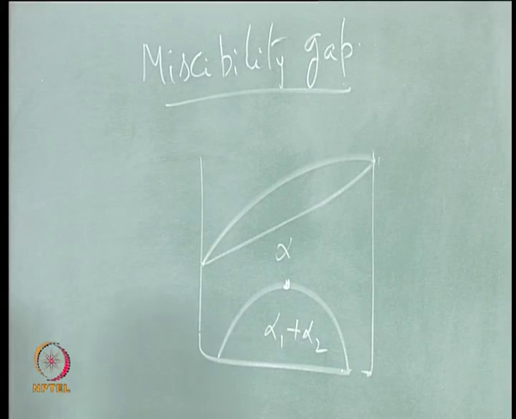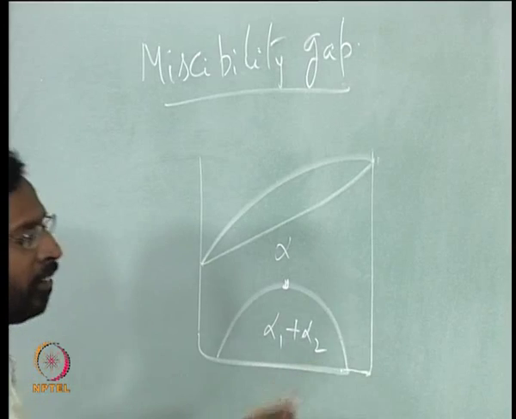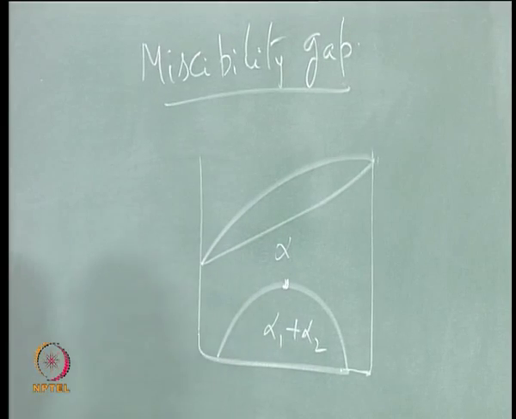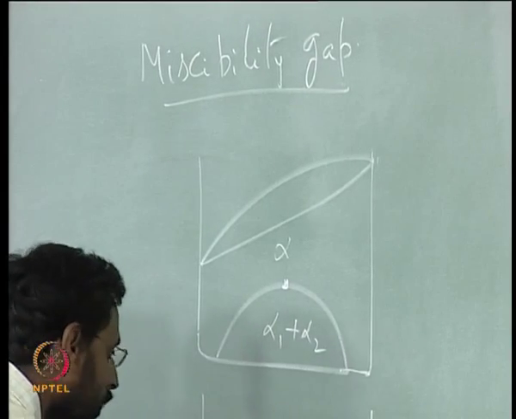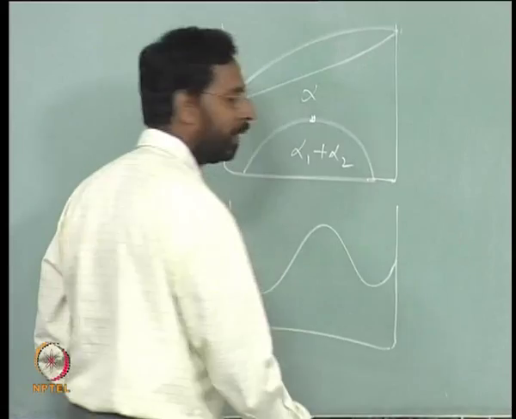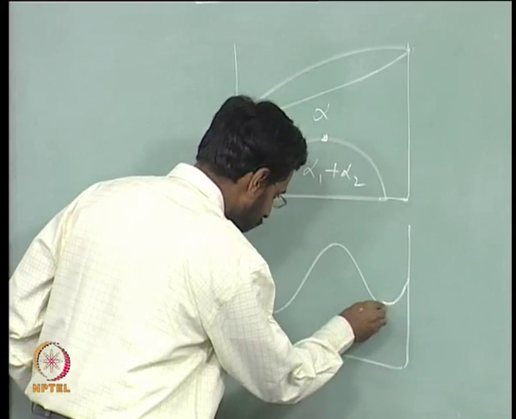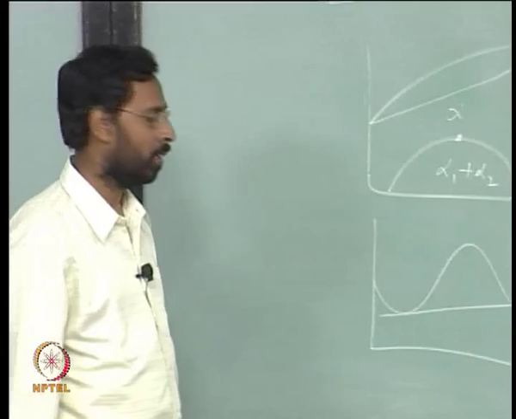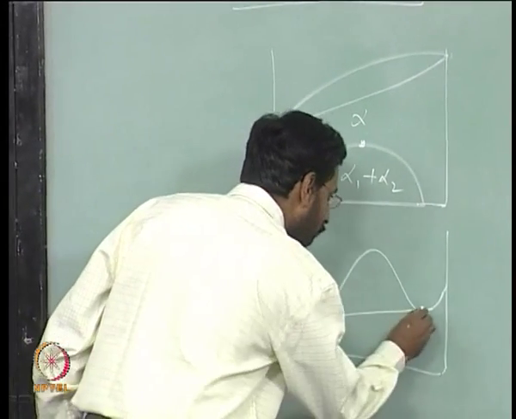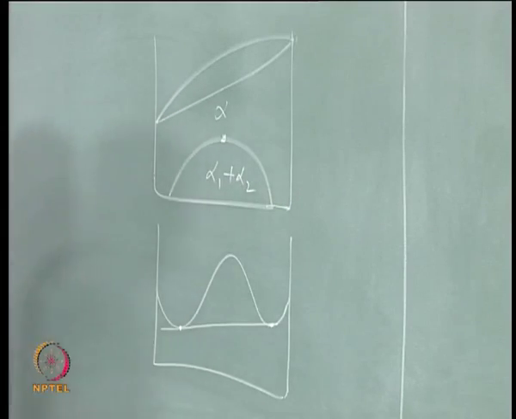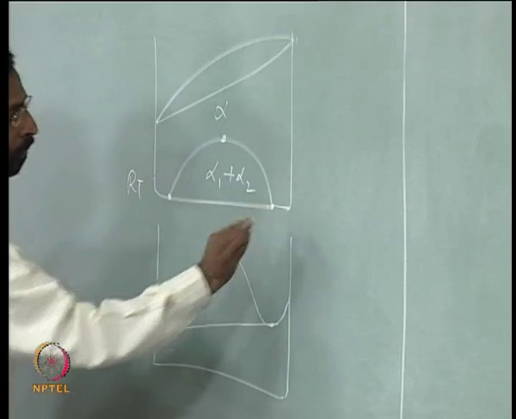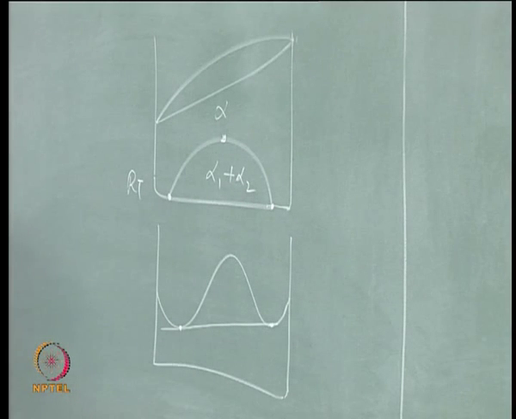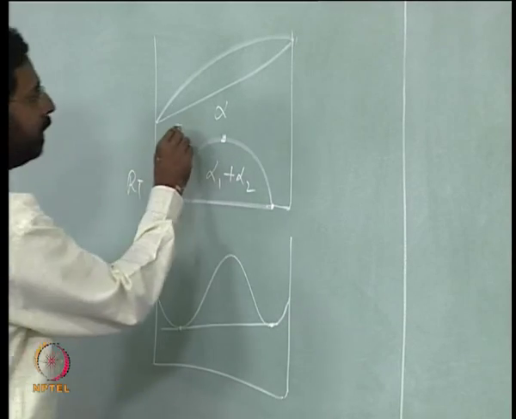If you look at the free energy composition diagram at any temperature within the miscibility gap, we know that the free energy composition diagram looks like this, something like this, and we can talk of a common tangent, and these 2 points are what we call binodals. If this is done at room temperature, these 2 points basically correspond to these 2 points, right. We said that, and we said at a temperature something like this,